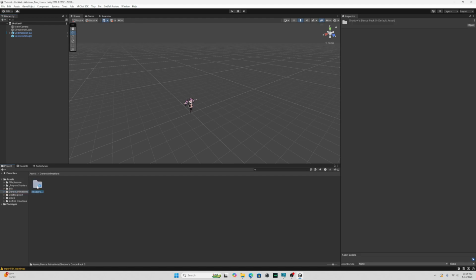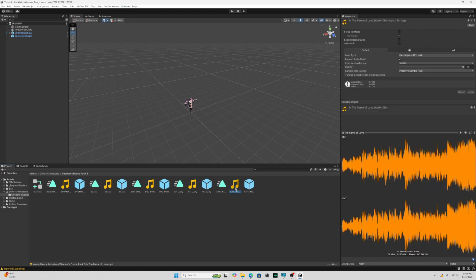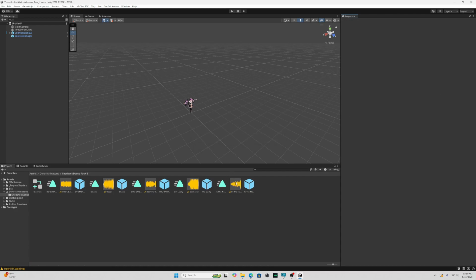So first off, I'm going to be going over how to add music. Pretty much I'm going to go to my dance animation shadows, and I'm going to do In the Name of Love, okay? So I'm going to play this very quickly just so y'all can hear what it's going to sound like. We have this song. First off, you need to hit load in background, hit apply. You're going to move this music file into your hierarchy,